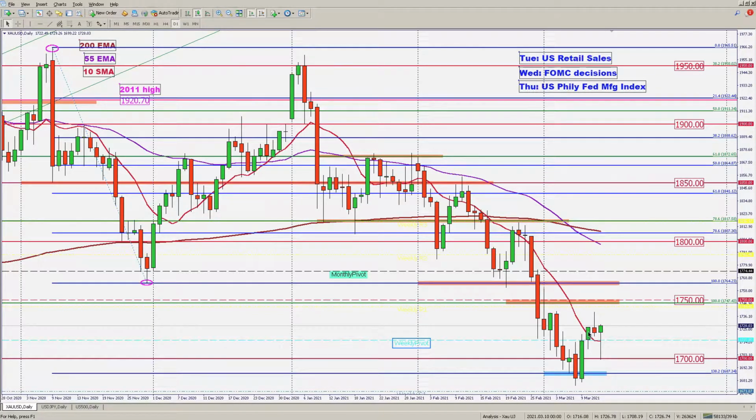It has managed to bounce back up, but then after tailing off and pulling back towards the end of Thursday, and then Friday all the way back down to 1700, it's managed a strong bounce back up. So this is going to be a tough week ahead with possibly further consolidation. There is a strong resistance zone at the 1750,